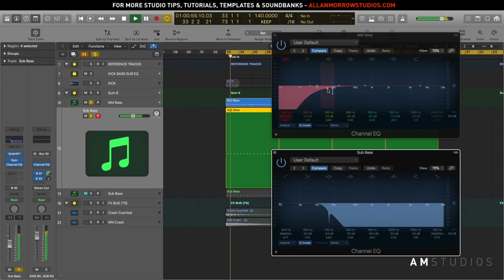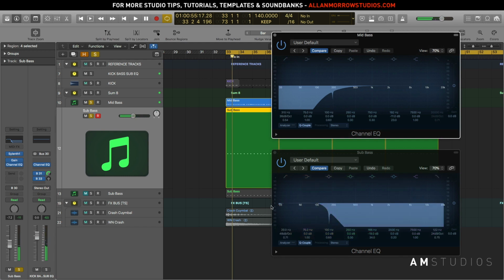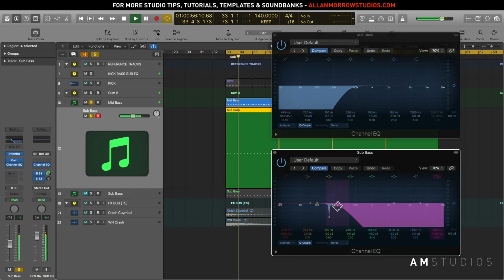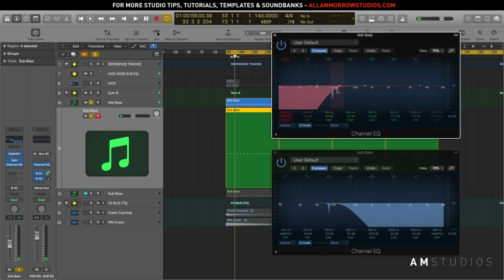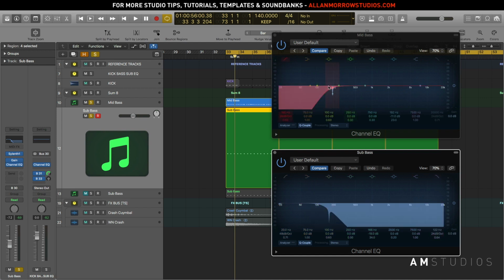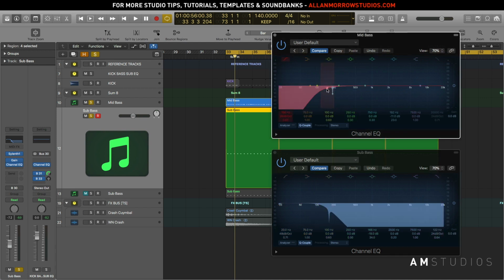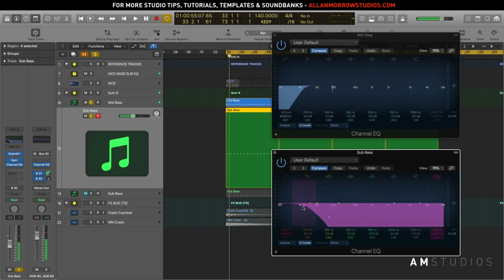So it's all about covering all these frequencies. So if I start to slowly, you know, and it's all about getting them nice and knitting together. So that's just something that you want to think about, guys, when it comes to EQ. And this is the same for leads or anything like that. You've only got a certain amount of frequencies, and you want whatever's playing at that time to work with whatever it is. So you start to hear,